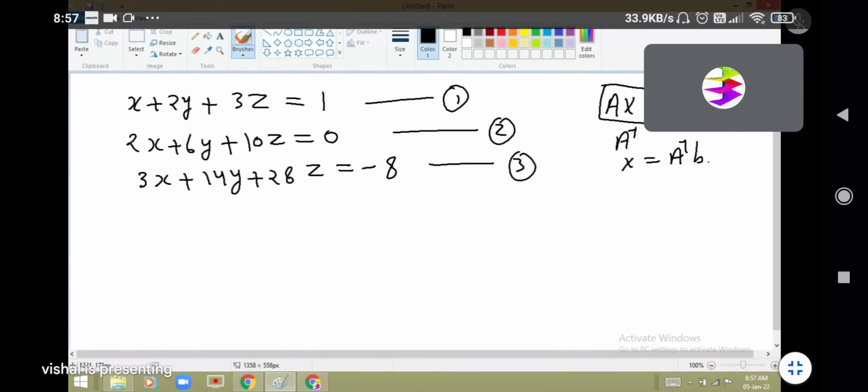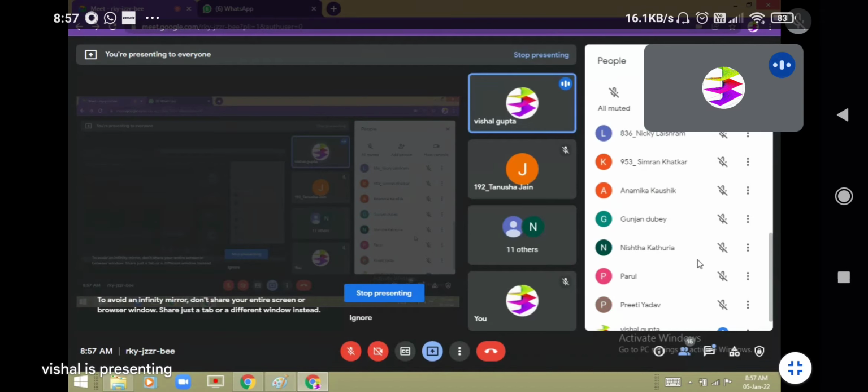Okay, but this method is not in your syllabus in BSc. There is one more method. Two methods you already know, first given by one student, second given by another student. Now there is one more method. Any other? I want to listen from your side.